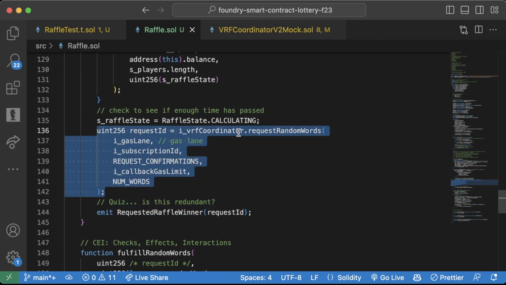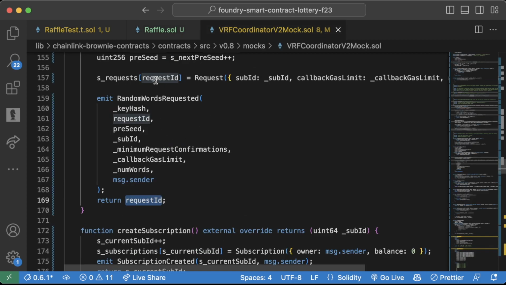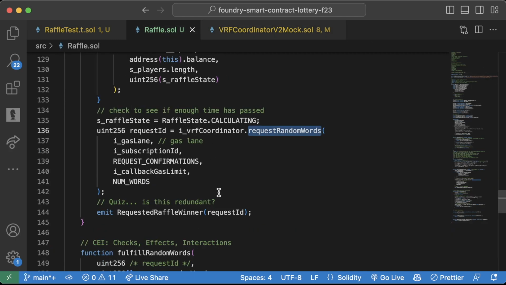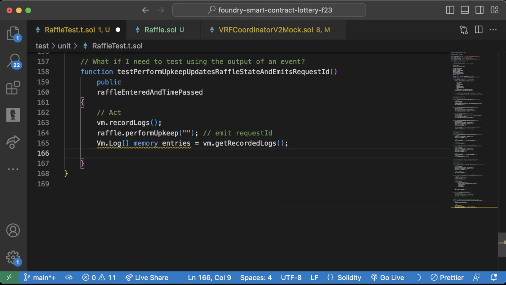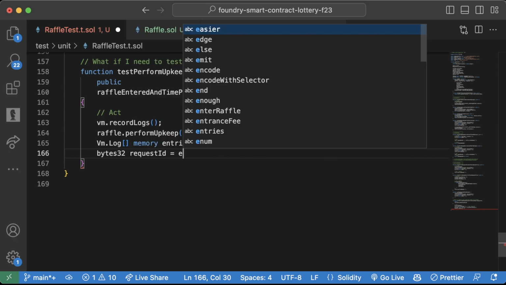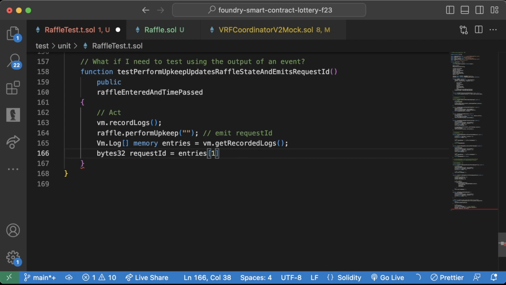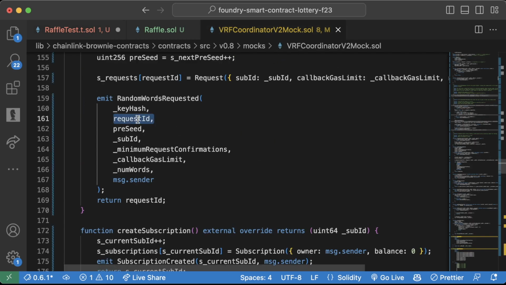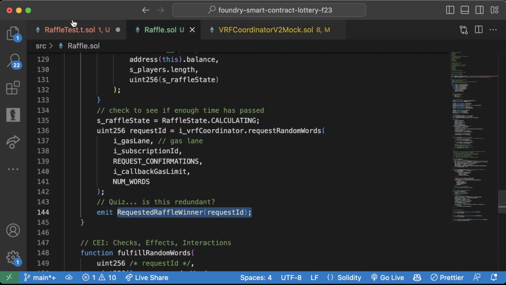The first one is going to come from this requestRandomWords, which again is on the VRFCoordinatorV2Mock. So if we wanted to get the request ID, we could just go looking at this location here, but we're going to use this one instead. If I wanted to get that log, I would say bytes32. All logs are recorded as bytes32 in Foundry. I would say bytes32 requestId equals entries at index 1. Index 0 would be this RandomWordsRequested in the mock. Index 1 is going to be this one here. So we're going to say